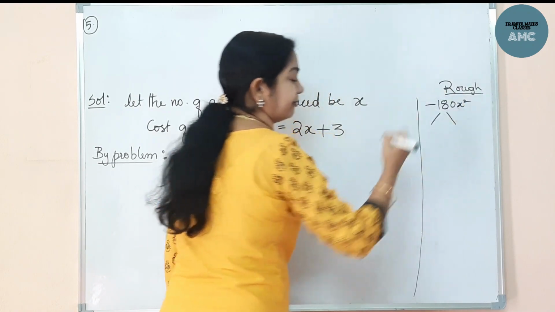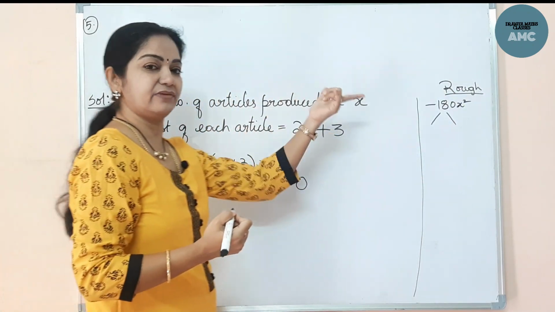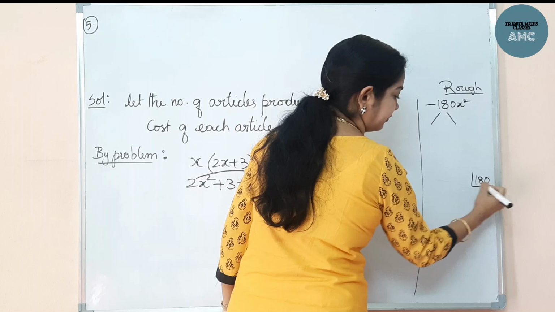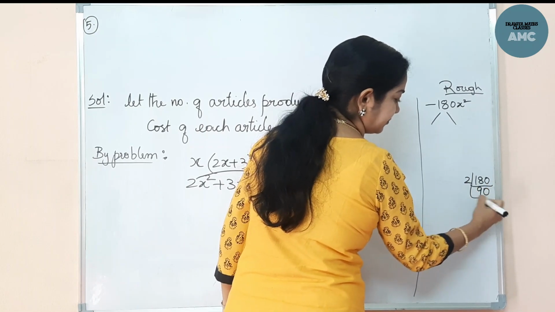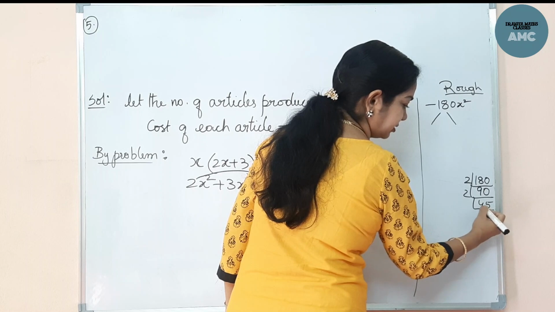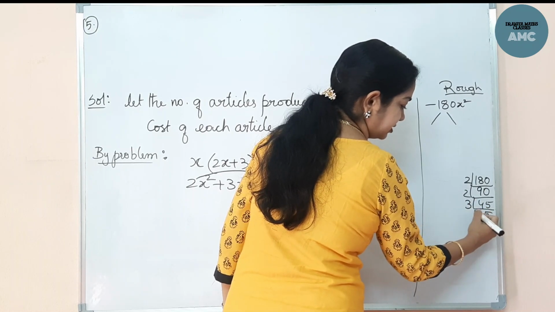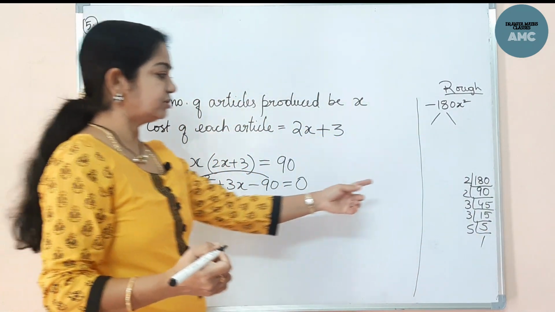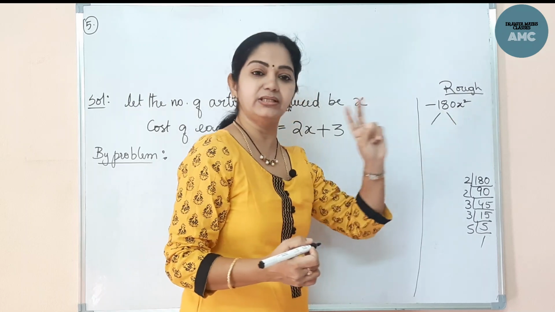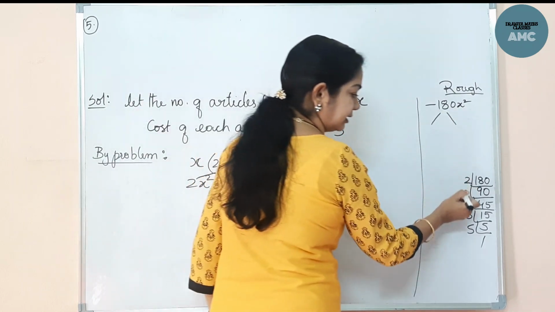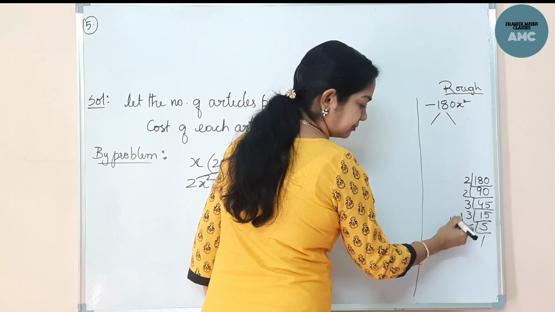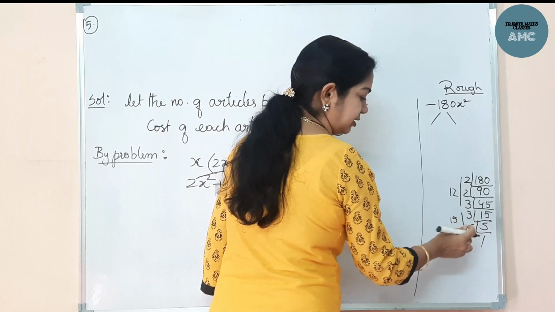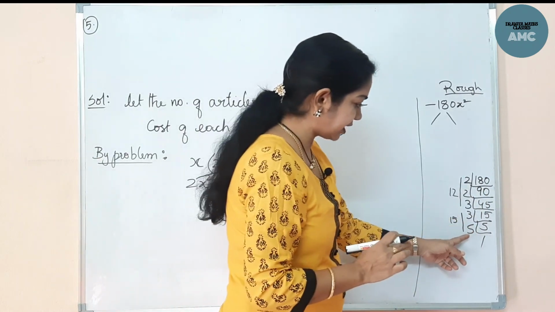Now this is a big number, right? If it is 10 or 5, we can write the factors easily. If it is a big number, find the factors for that. Okay, 180. If you find the factors: 2 into 90, 2 into 45, then 3 into 5, 3 into 5, and 5 into 1. These are the factors. Now you should not take all these factors, because we have to split it into only 2 terms. See here, if you take the product of these two, it comes to 15. If you take the product of these three, it comes to 12, 3 into 4, 12. So only 2 terms we have to take.